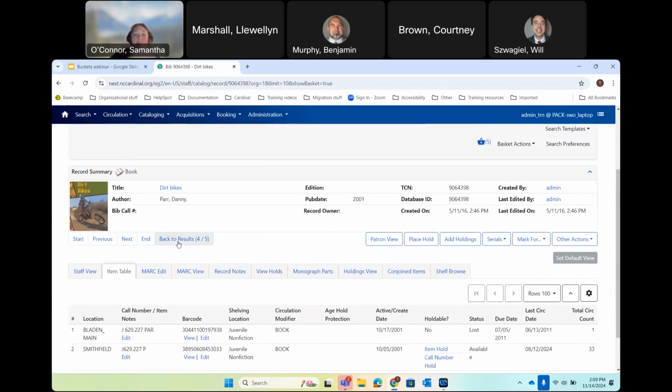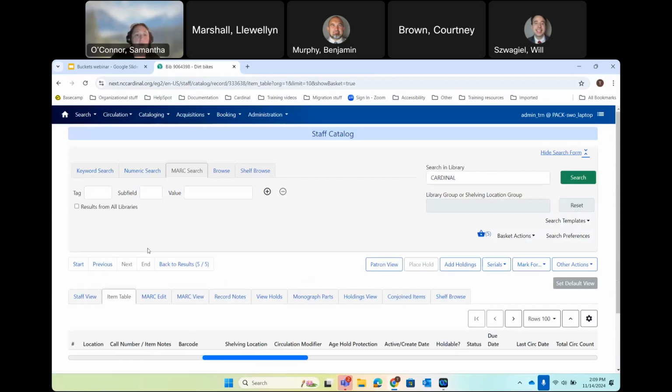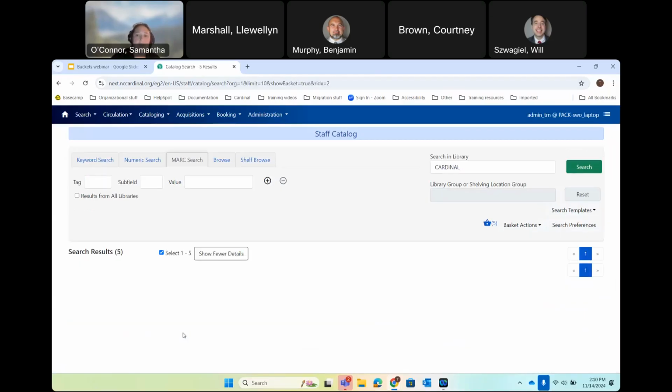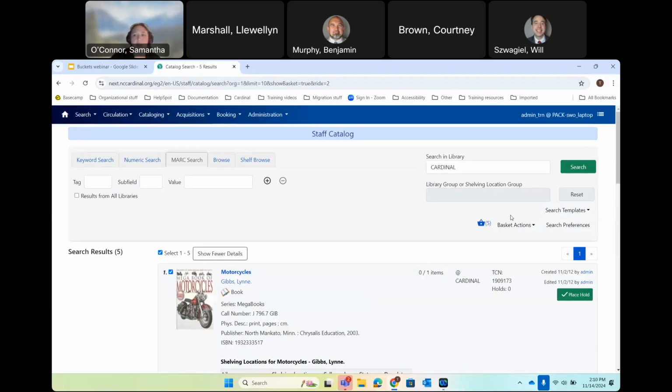And just like with my search results, I can navigate through those results, and basically through the basket, right here from the record itself. So I could go to the next one within my basket, and if I click this back to results, it'll bring me back to my basket. From the basket actions menu,